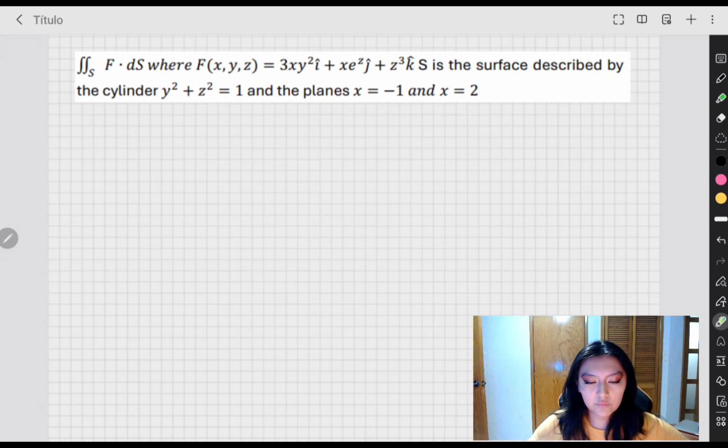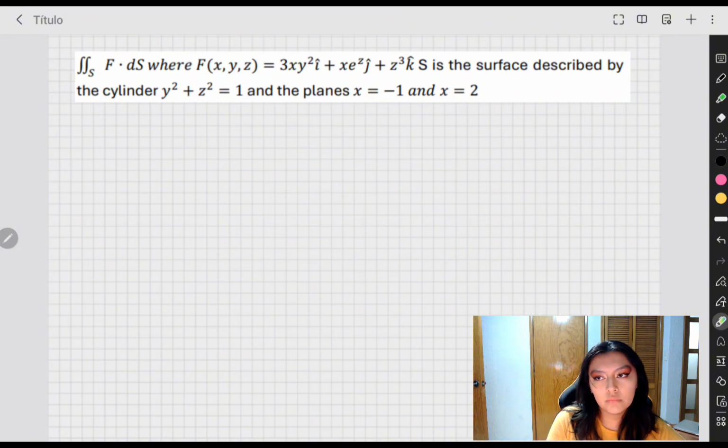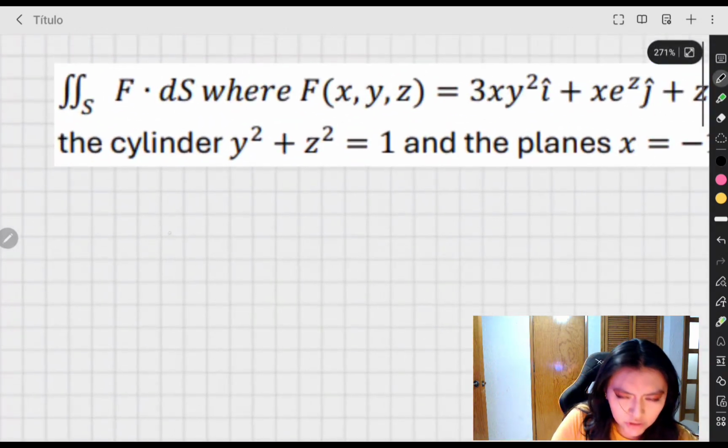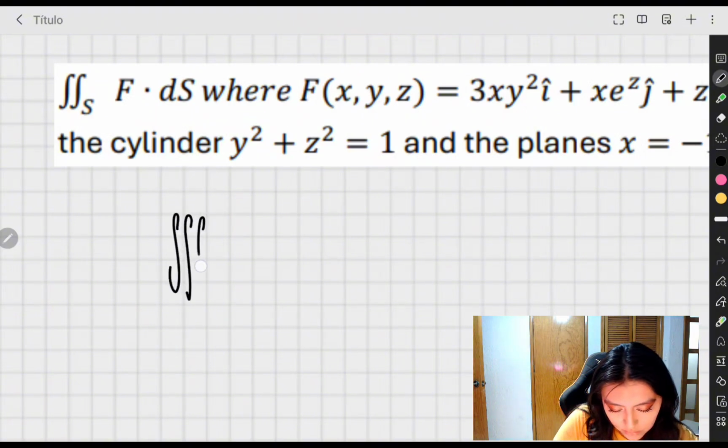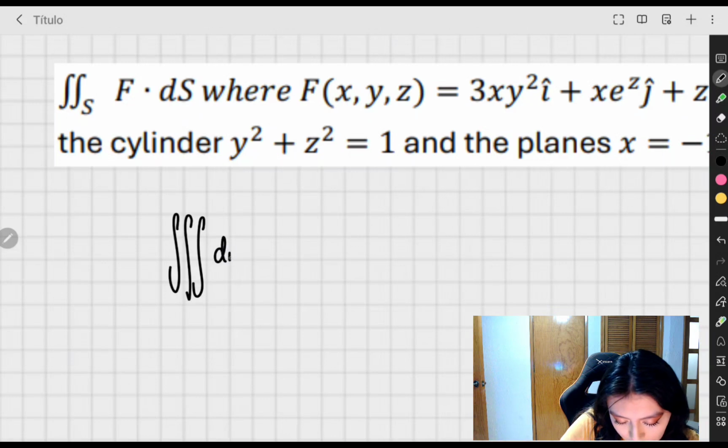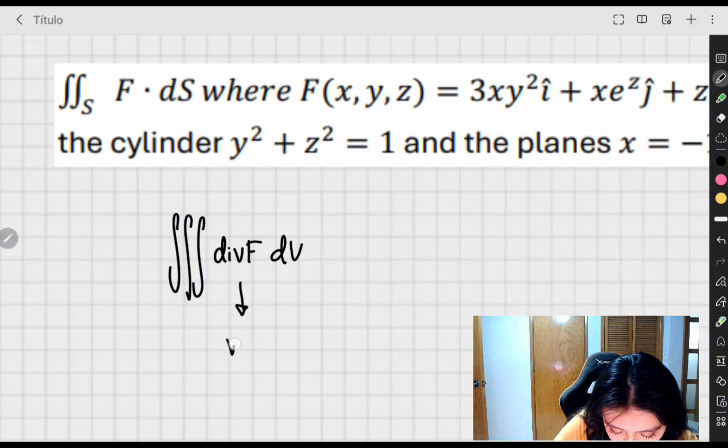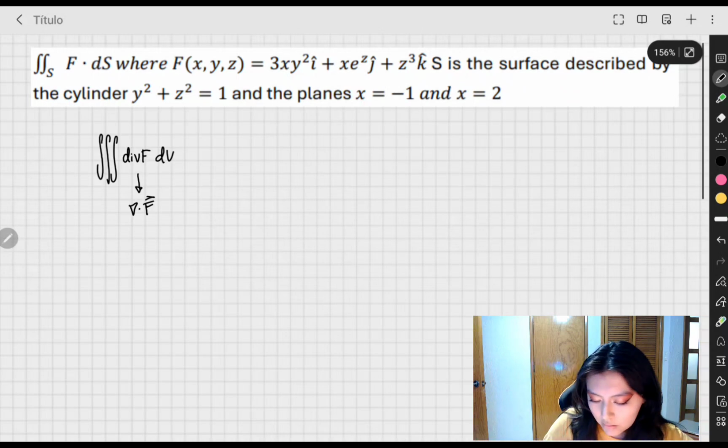because it will transform that really complex flux integral into a single triple integral over the enclosed volume. So we're going to do that. The divergence theorem says that the flux integral equals the triple integral of the divergence of F. So we transform into a vector. And this is the equation, but so we need to calculate